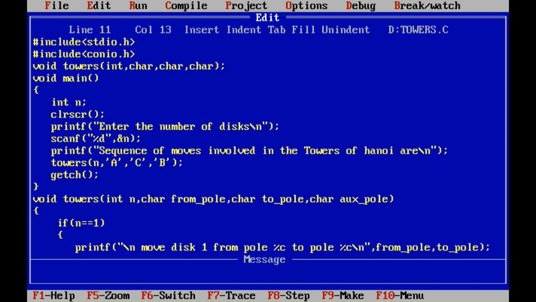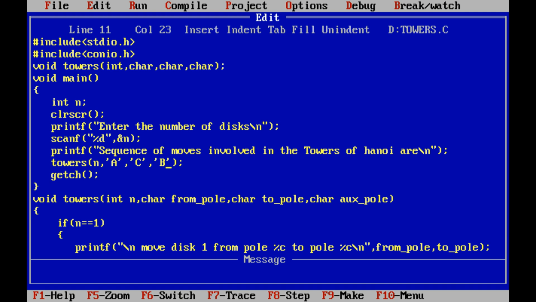Here this is pole A, this is pole C, and this is pole B. Now we have to move n disks from pole A to pole C through intermediate tower B. Here A is the source tower, C is the destination tower, and B is the intermediate or auxiliary tower. So this is the calling function.